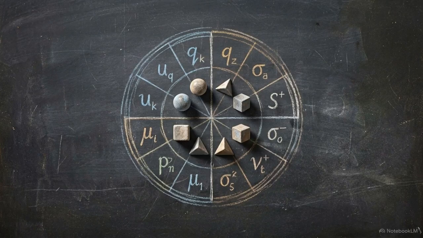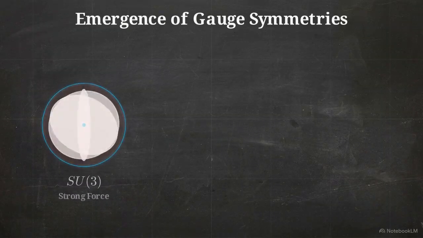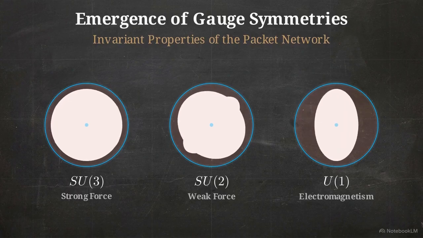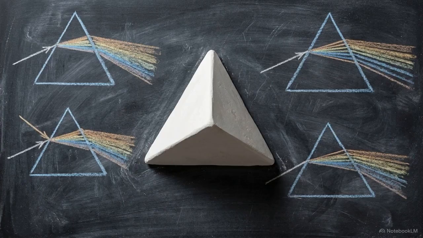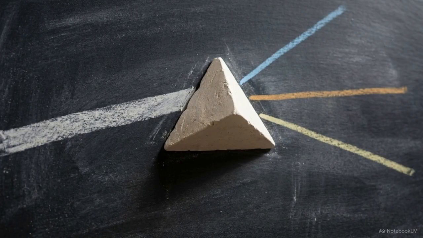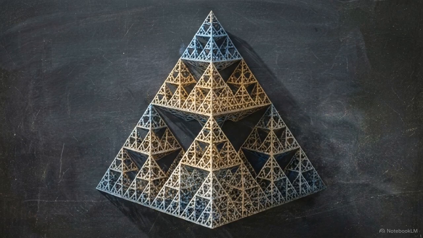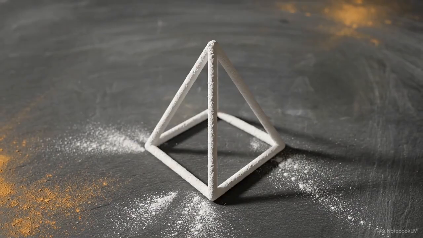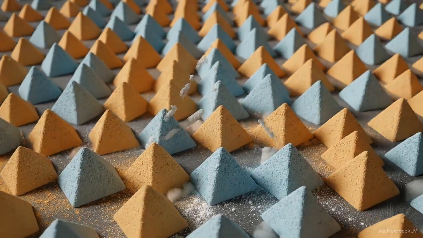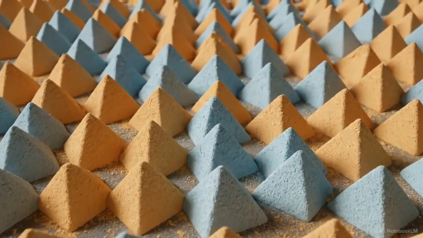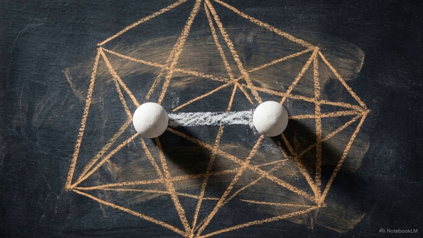This same relational lattice generates the Standard Model. The SU(3) × SU(2) × U(1) gauge symmetries arise from the invariant properties of the network itself. The geometric symmetries of the K4 complex correspond to the directions and behaviors of the fundamental forces. Electromagnetism, the weak force, and the strong force are expressions of different scales of closure and exchange within the tetrahedral lattice. Physical geometry, matter, and fields emerge as companion projections of one underlying relational grammar. We observe a reality built from structural equilibrium, where every distinction endlessly enforces its own persistence.